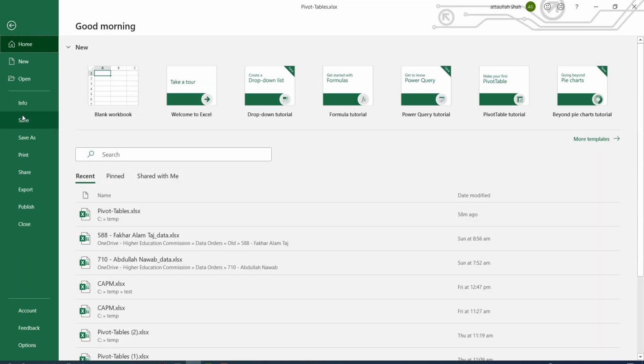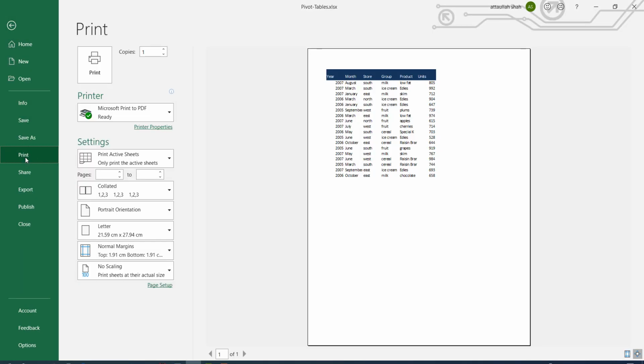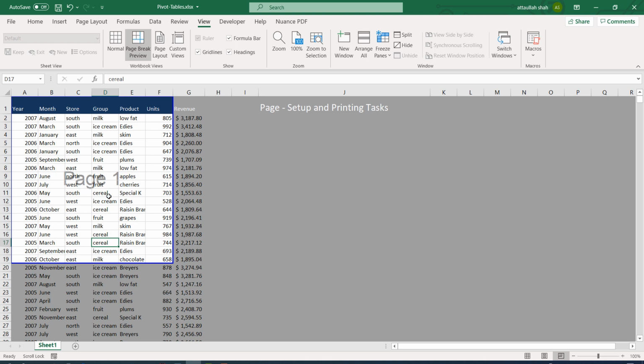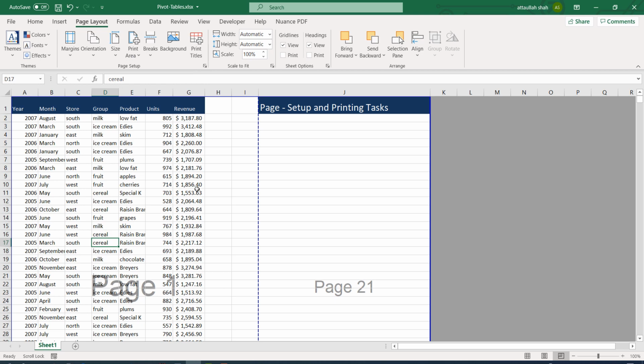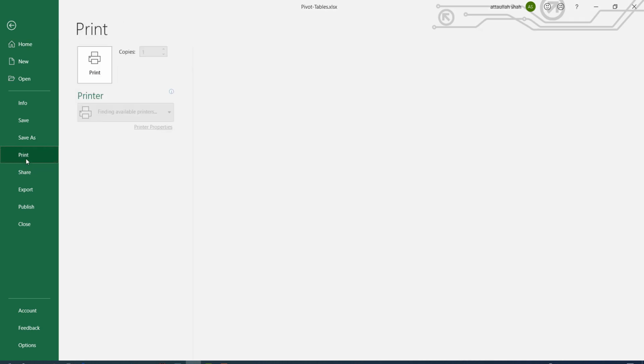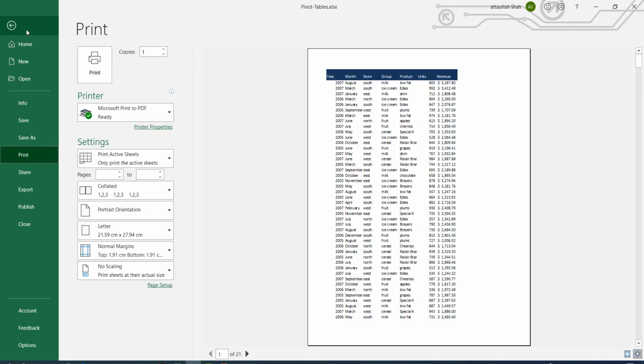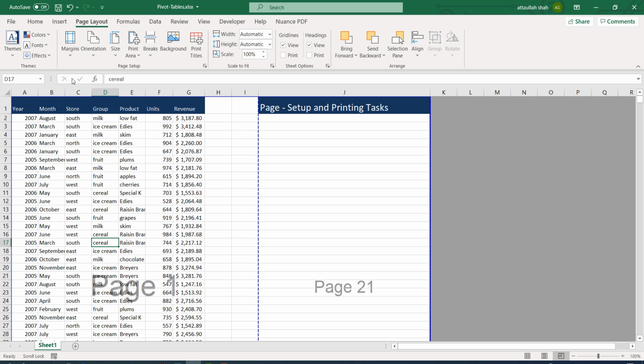And the same should be visible in the print menu. Okay, we can remove the print area and we can reset it in the page layout menu. We have print area and clear print area. So now we are back to normal, and any previously set print area is now clear.